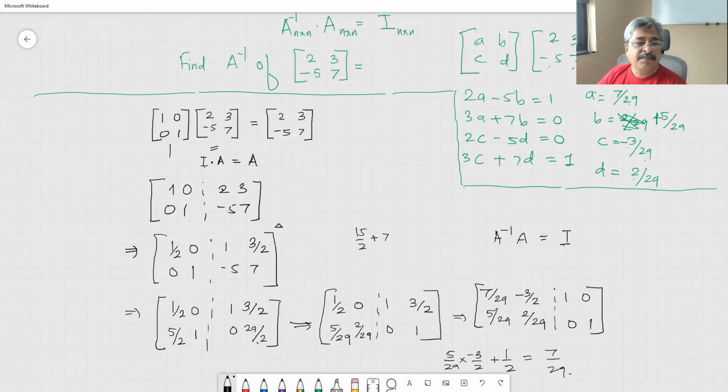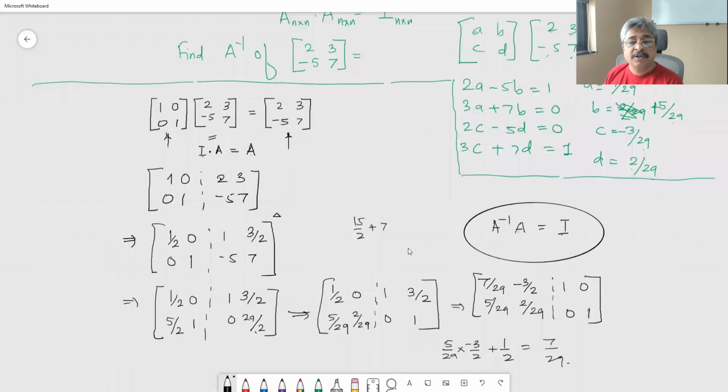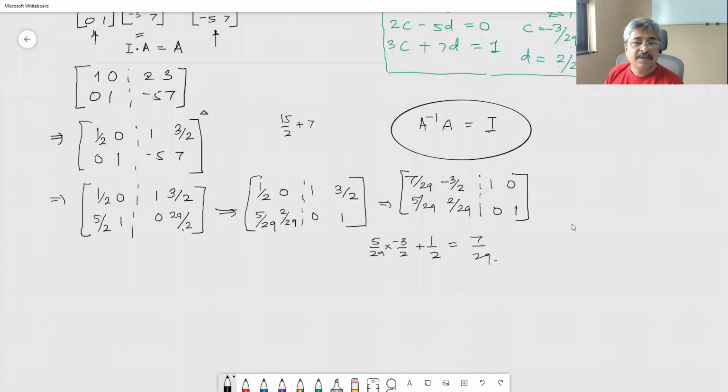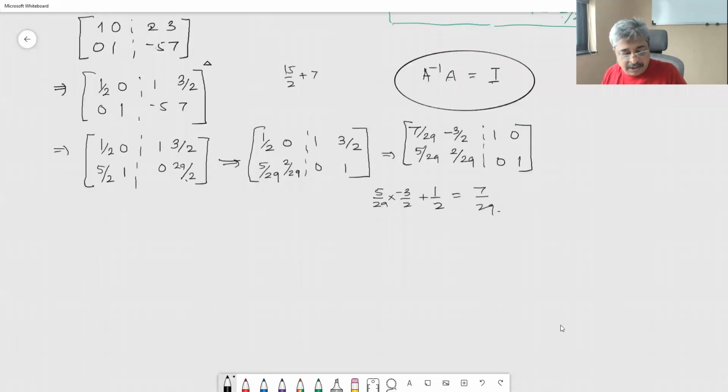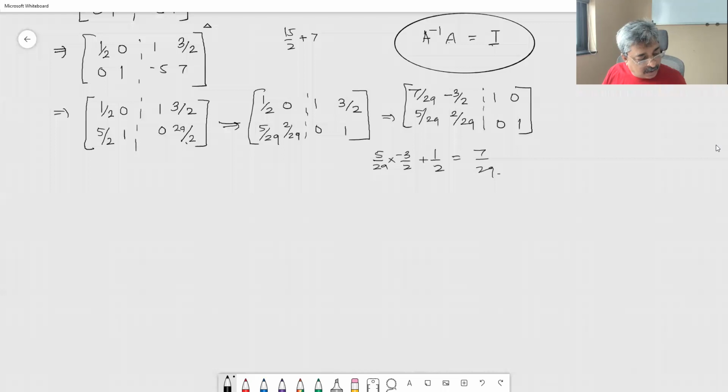We maintained the relationship of this fellow and this fellow. We did not alter that relationship. And therefore, if I started looking like A inverse, A will start looking like I. That is the method. So it is pre-multiplication. Now, therefore, this is the first method of finding out the inverse. Let me give you a 3 by 3 and you get me the inverse of the 3 by 3. Let me check whether I have a good inverse for the 3 by 3.